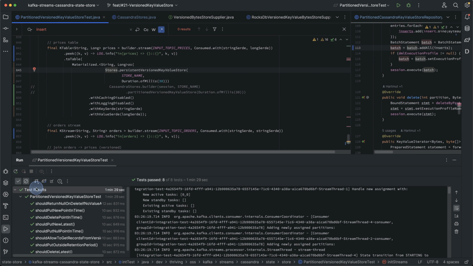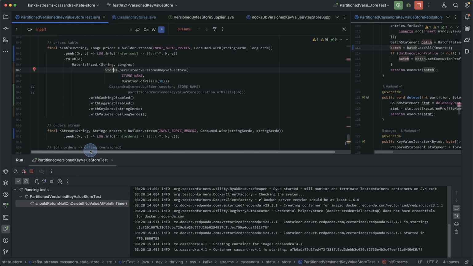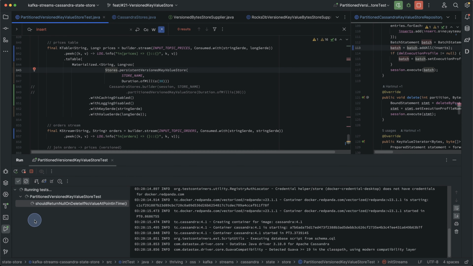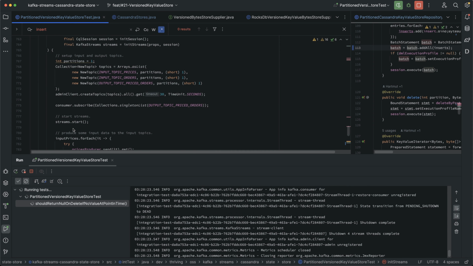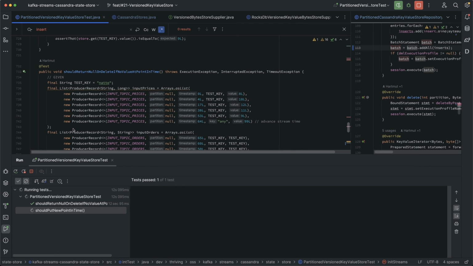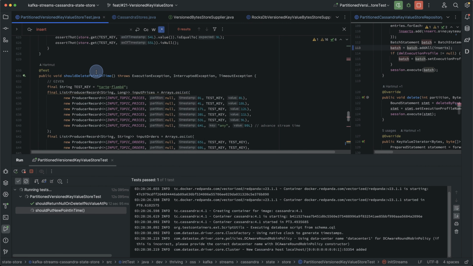Let's try that again with the RocksDB store. And add the new tests first to ensure we are implementing the test correctly. Let me just run this and start building a new test. I think the main new test I wanted to write would be